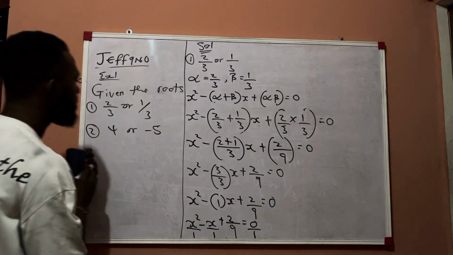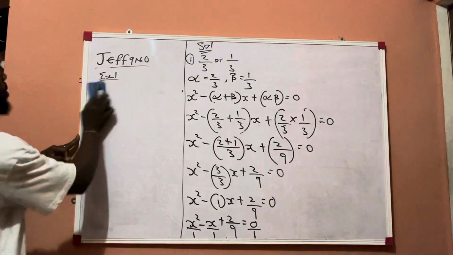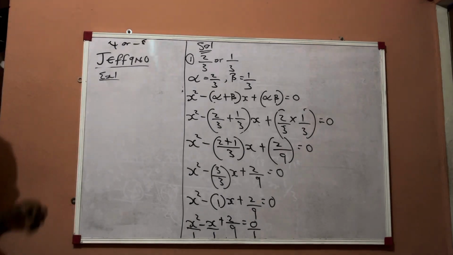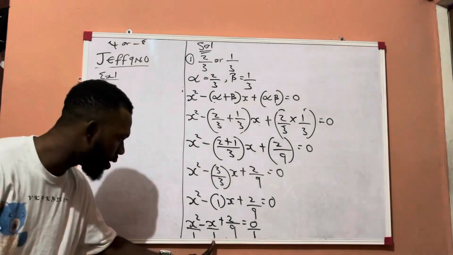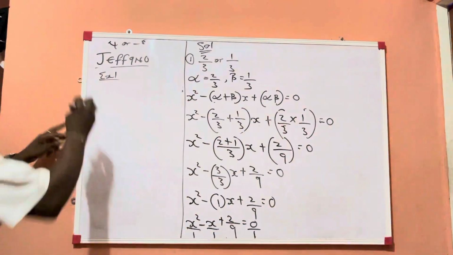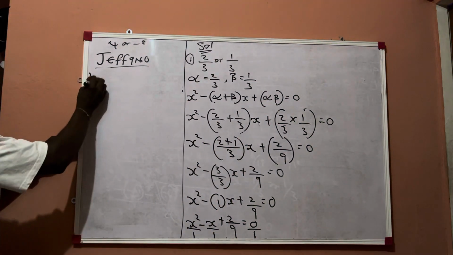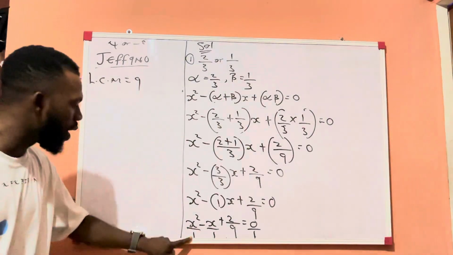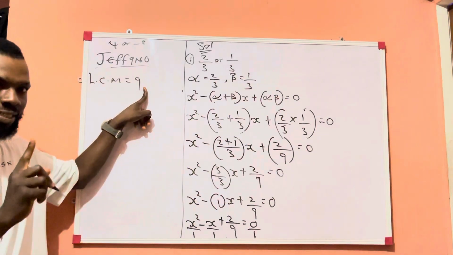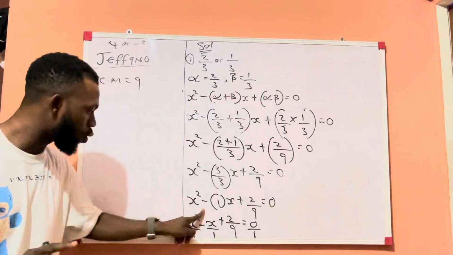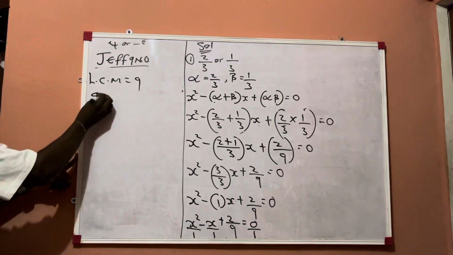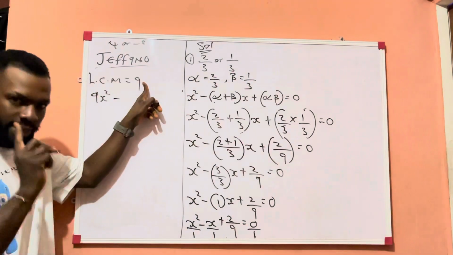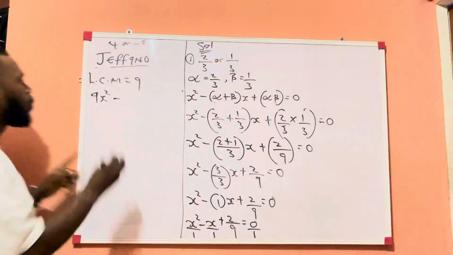Now, the LCM, let me write question 2 here. The LCM of 1, 1, 9 and 1 is 9. Now my LCM is 9. Now what do we do next? How many times will 1 go into 9? 9 times. 9 times x squared will give us 9x squared minus 1 will go into 9 times. 9 times x will give us 9x